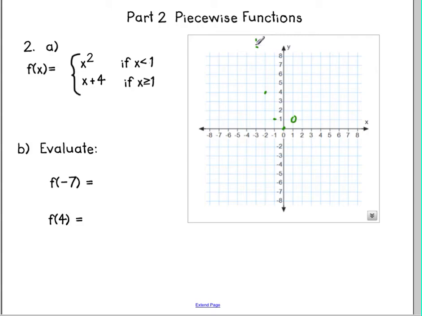So this part of the graph that I'm going to use, let's see if I can try that again a little bit better, and maybe if I go from this side it'll look better, is going to look more like this, just not quite as squiggly. And this says that if x is greater than or equal to 1, I'm going to use this 4x plus 4. So remember that that means your y-intercept is going to be